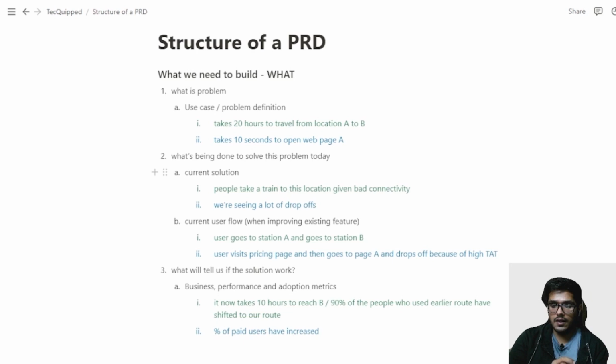Let's also look at the other problem that we've taken, which is that it takes 10 seconds to load web pages. You are improving an existing feature. The current solution is, we don't have a current solution. We are just seeing a lot of drop-offs, and the current user flow is that the user visits the pricing page, then goes to web page A and then drops off because of the high load time. How do we track if the solution has worked? It is because if the number of paid users increases and the number of drop-offs decreases on this specific page,